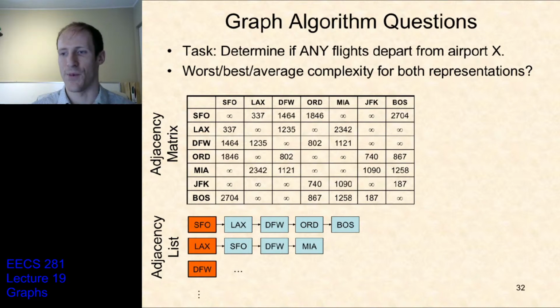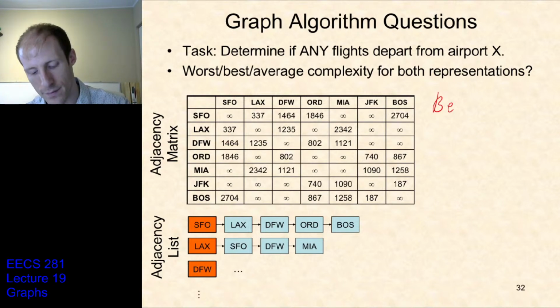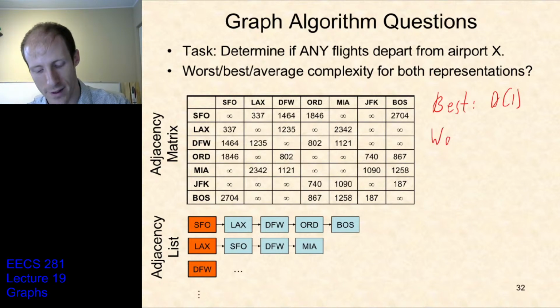Now here's another simple graph task. We want to determine if any flights are leaving some airport X. With our adjacency matrix representation, we need to look up the starting airport, and we need to walk along this row until we find an entry that is not infinity. In the best case, we'll find that on our first attempt. In the worst case, though, it might be at the very end, and so this could take order V